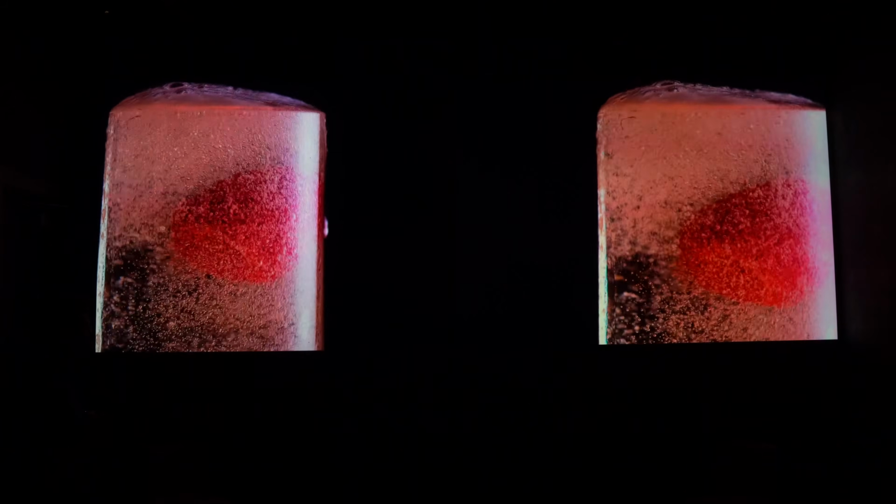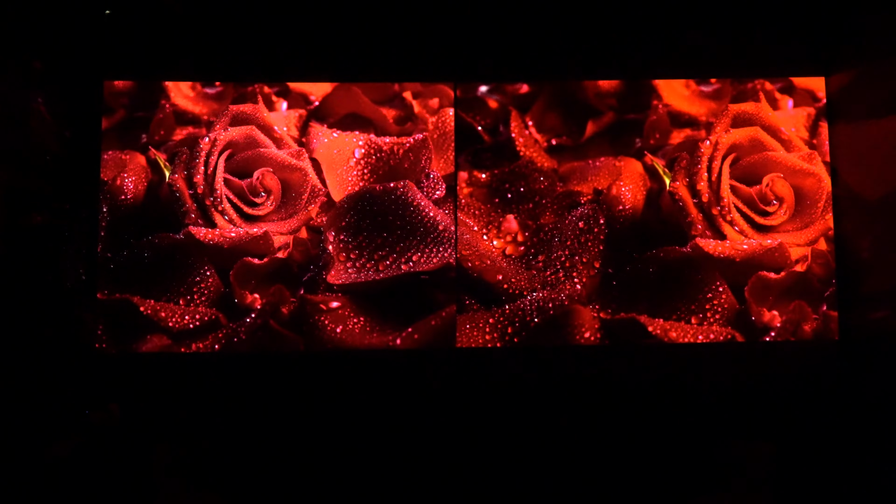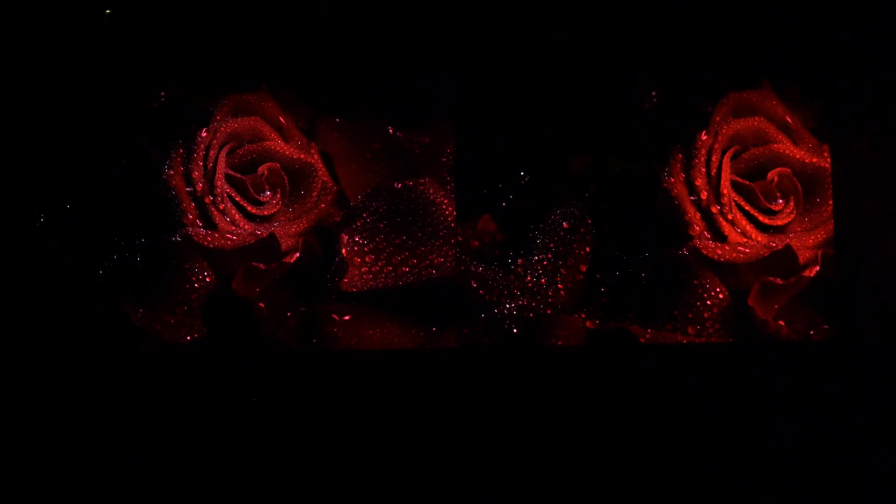Now, in this particular scene, you can see that the Sony is actually darker on the black background, and it's just the way the projector has perceived the content there. It's not that the contrast is actually better on the Sony. So if I had to choose between them, for my own personal house, I'd lean towards the Sony, just because I really like that overall resolution. But